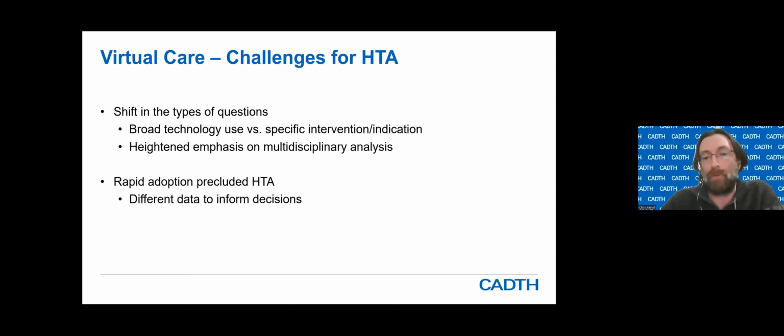So for example, some recent work we did on remote monitoring for chronic cardiac conditions, we didn't do a formal assessment of clinical effectiveness because this was known, but we did something called a realist review, which was a first for CADTH, which is really exploring the context under which remote monitoring would be effective and for whom it would be effective. And the recommendations produced for that work also included an increased emphasis on things like data governance or digital health equity, which may not have been involved in health technology assessments we had done in the past.